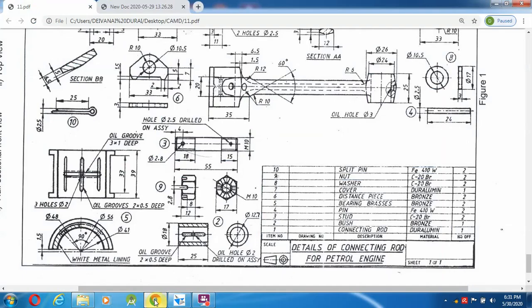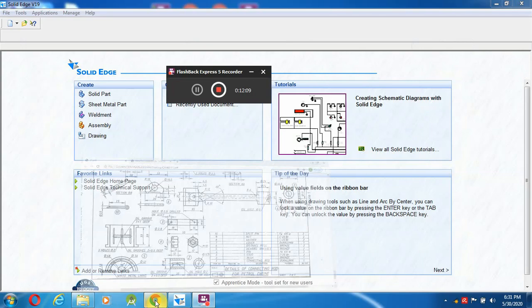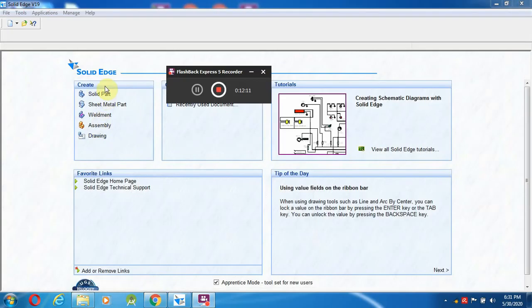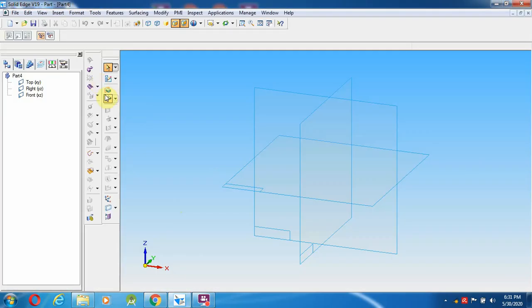The next components are the third one, stud, and the fourth one, pin. So the third one, stud, we will draw over here. Select solid part, go to here.